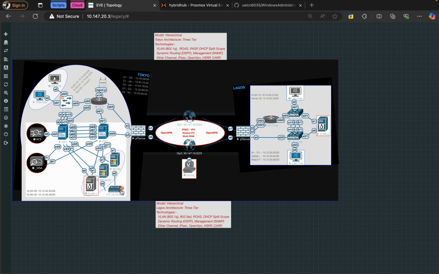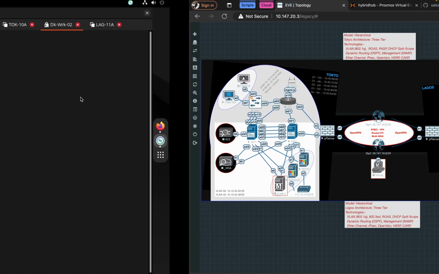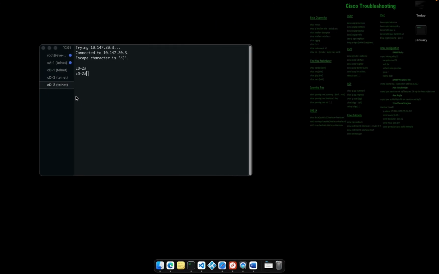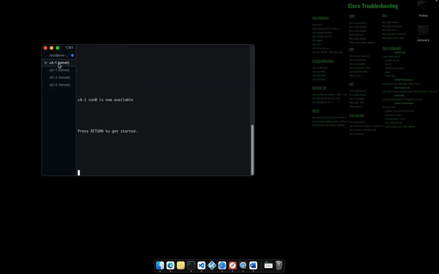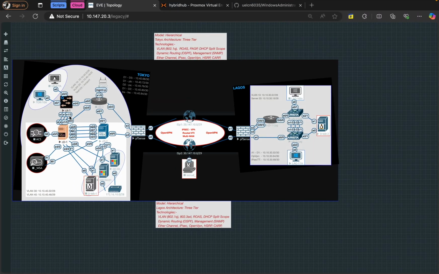If I do a quick review, in this Tokyo branch I've got four VLANs, so the network is well segregated, and my users are in VLAN 10 and VLAN 20. If I just go into my PC,